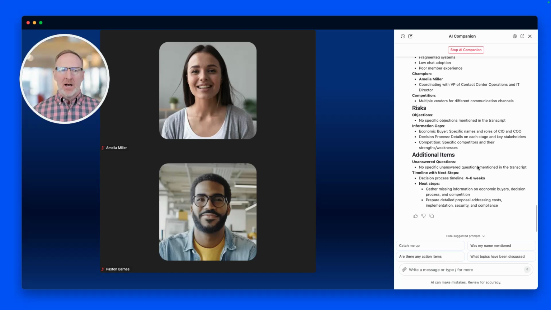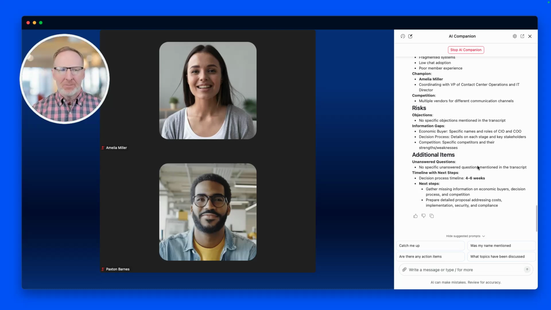I hope this helps illustrate the power not just of a meeting summary that's delivered to your inbox after the meeting is over, but the value of meeting questions while in a meeting to be able to extract out valuable information from the transcript, but also use knowledge from the model as well as even web search to pull content into the meeting so you don't have to distract yourself